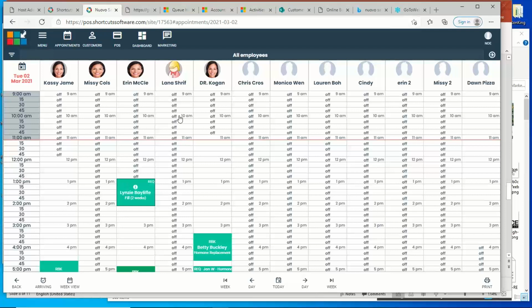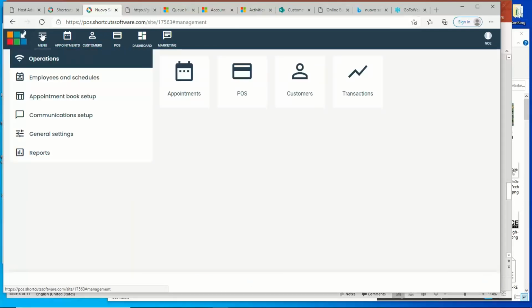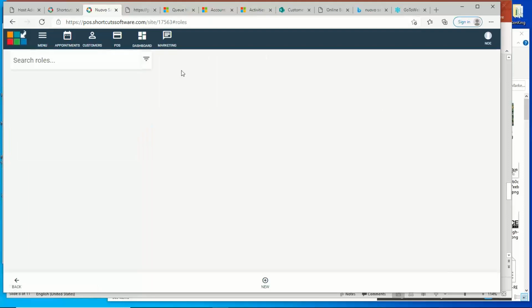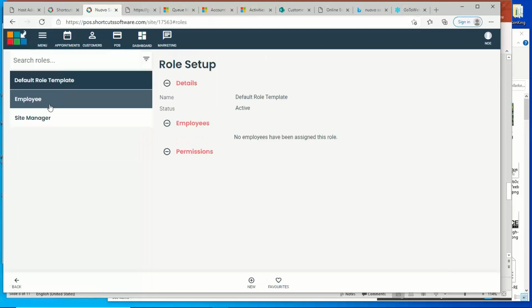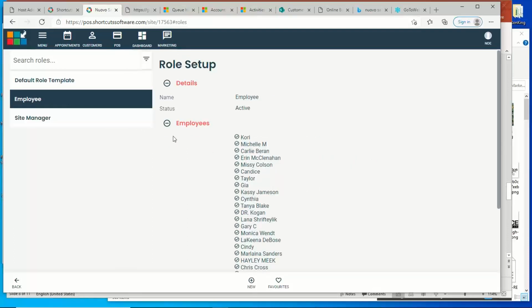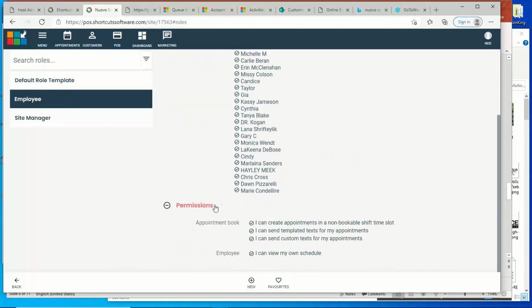Now, on this window, you can further restrict their permissions. So just because they log into the cloud doesn't necessarily mean they have permission to make appointments for anybody else or to move appointments around or even delete those. So you can actually adjust those permissions by going to Menu, General Settings, and Roles. And if you notice on the left side, there's an employee role. And then if we click on the salmon colored permission link on the right side,